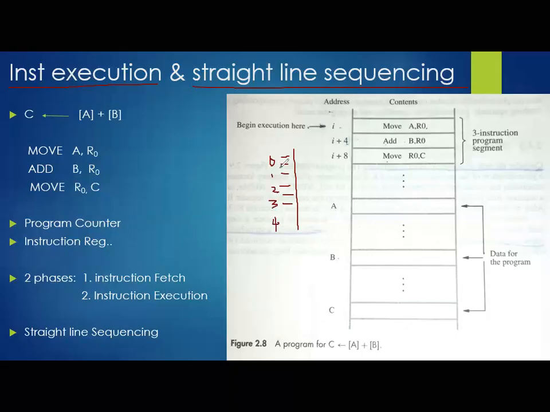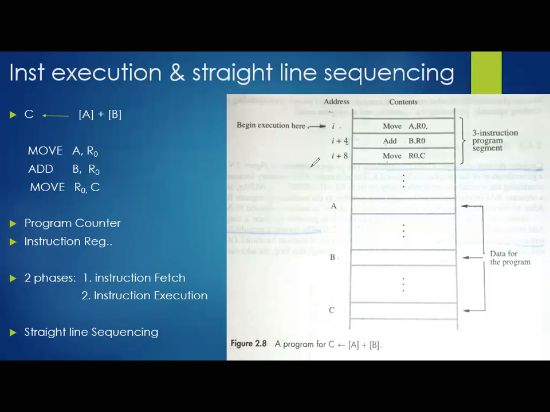If you are following this order, first executing the first line, represented by 0, then the second line represented by 1, like that 2, 3, 4, one after the other, without skipping any particular line or instruction, then we say our program is following straight line sequencing.